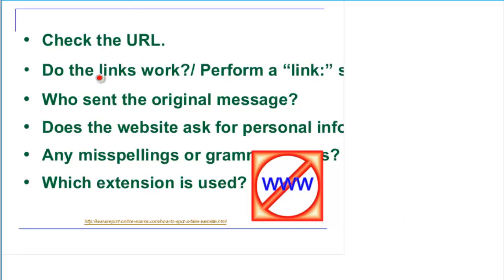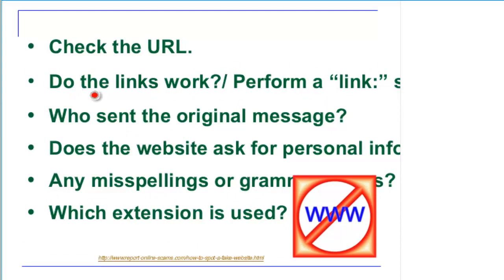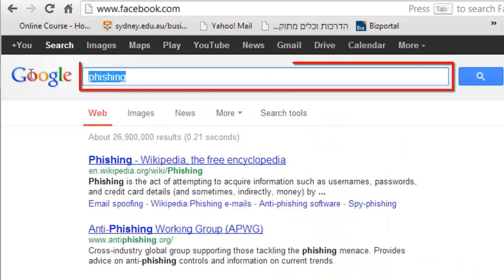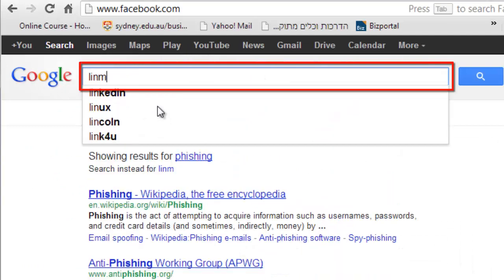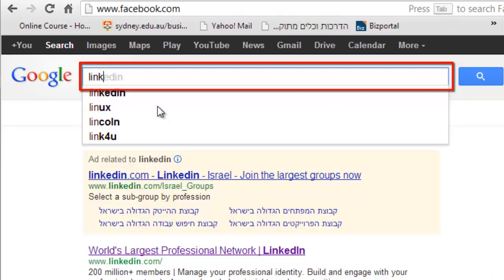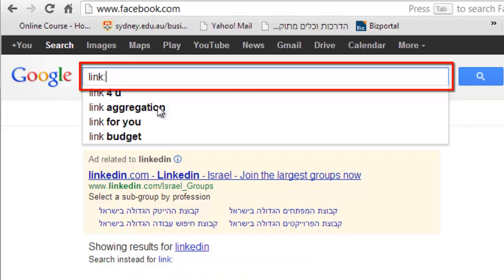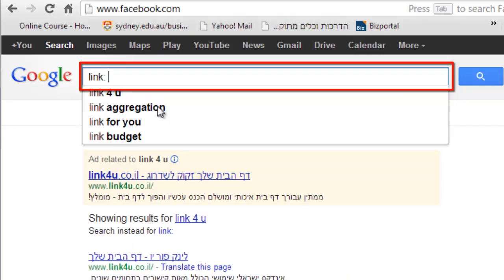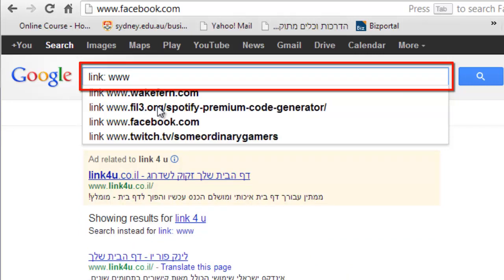So the next thing to check, and this is a great tool that most people don't know how to do: do the links work? Perform a link search. Now, what does that mean? There's a great thing you can do in Google for any website. If you type the word link into the search window with a colon, so link colon, and then you put in any website. So let's say link